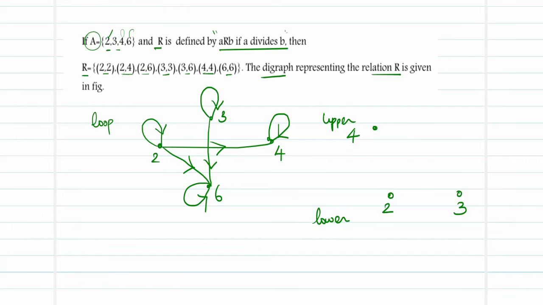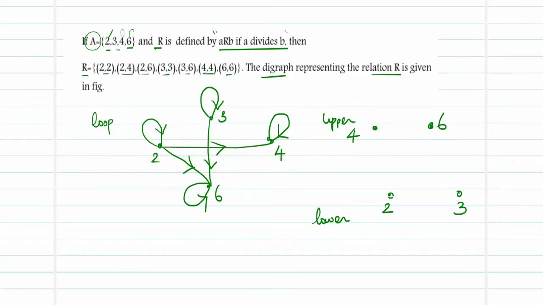And the next thing is the element 6. And this 6 is something which is common to 2 as well as 3. So let me place it in a position where it is common to both 2 and 3. So if I number it in such an order, considering the lower numbers at the bottom and the bigger numbers at the top, placing relatively prime numbers in the same deck and related numbers on the same side, then we can avoid a lot of crossovers so that our network will be